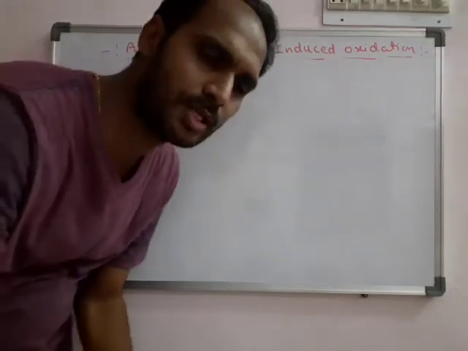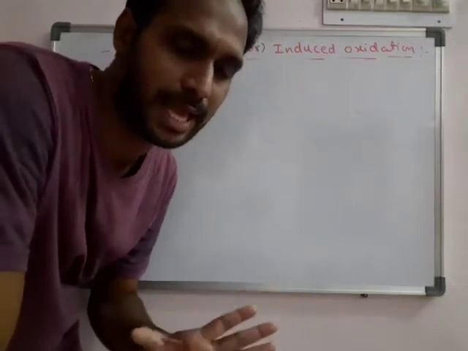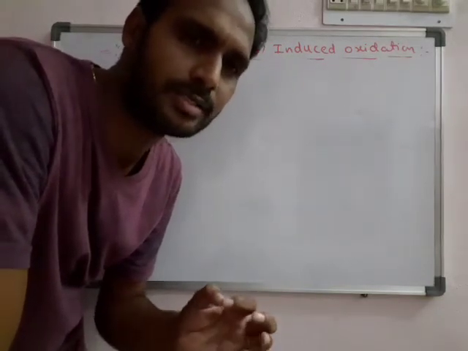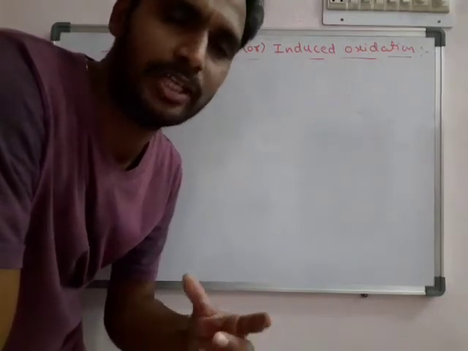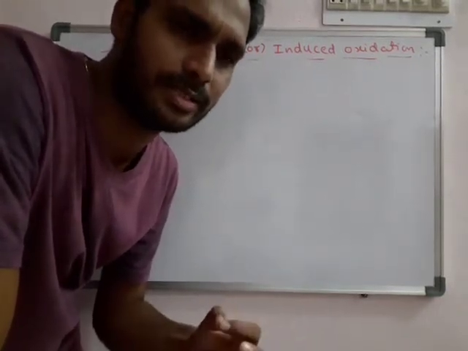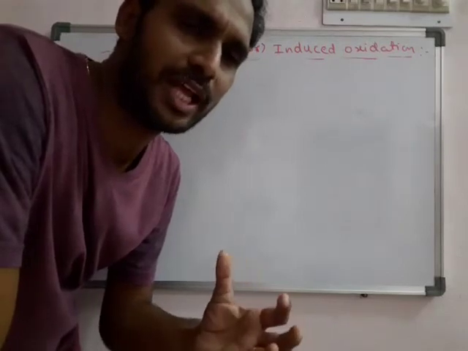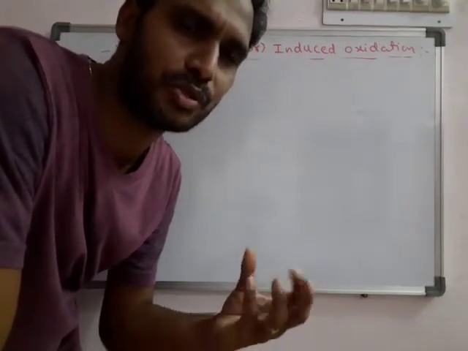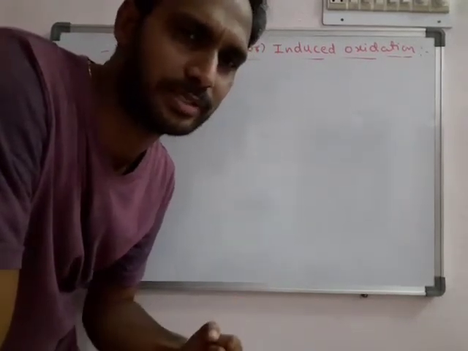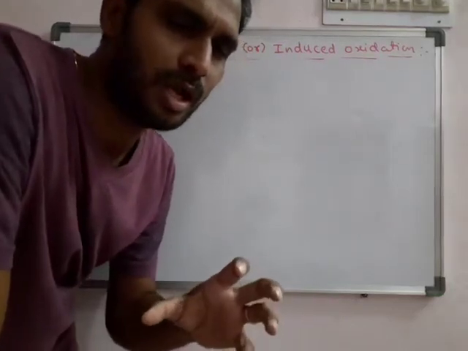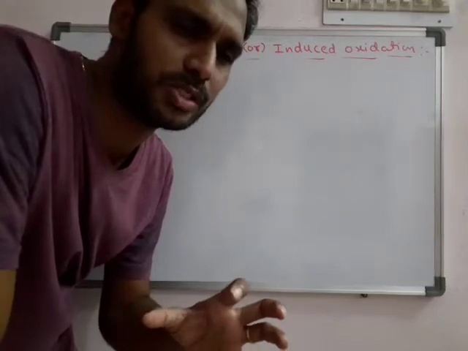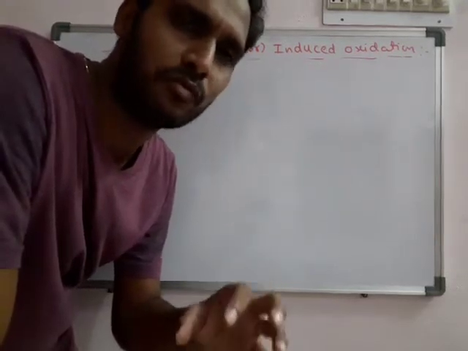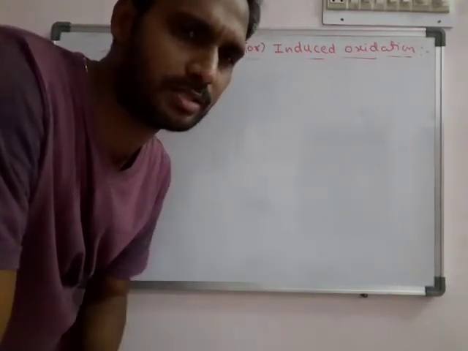So hello students, today we see about auto-oxidation reactions. Why are we saying auto-oxidation? Because there is no particular oxidizing agent. Just with the help of oxygen in the presence of air, the oxidation takes place. For example, there are some specific elements which are involved in this auto-oxidation reaction